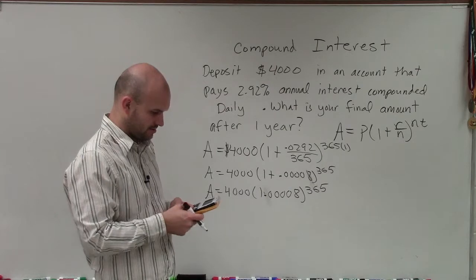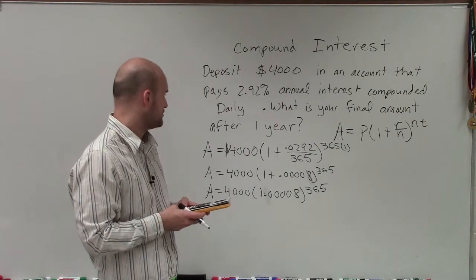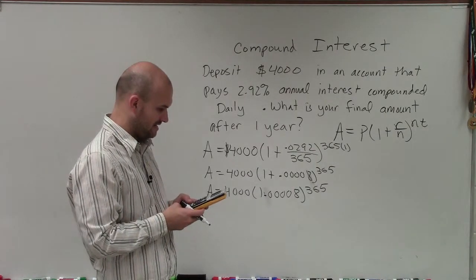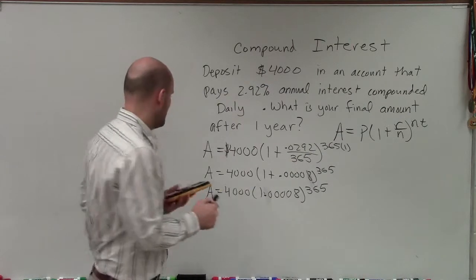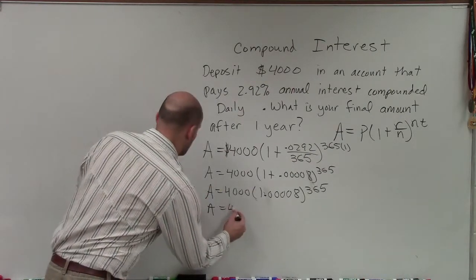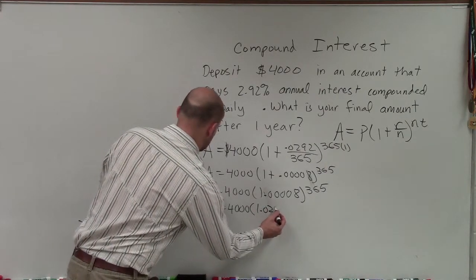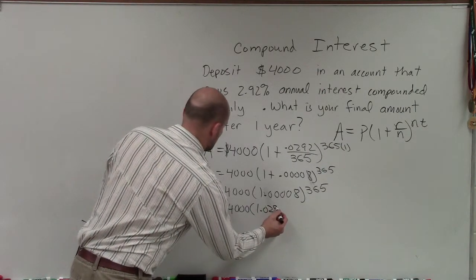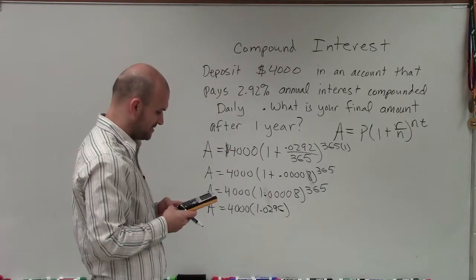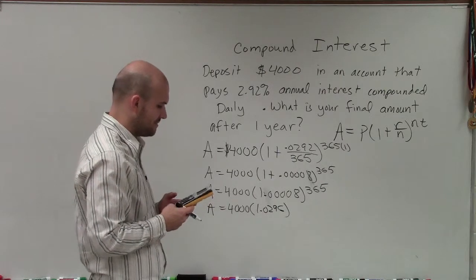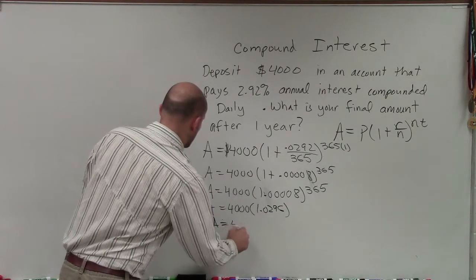All right. So 1.00008 raised to the 365th power, and that's going to give me A equals 4,000 times 1.02296. And then I multiply that by 4,000. And I just estimated my answer. And therefore, I will have my final value equals